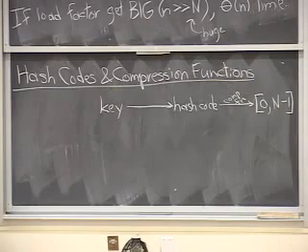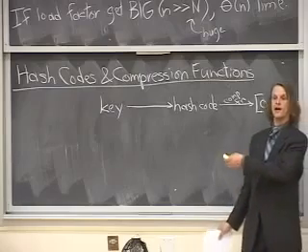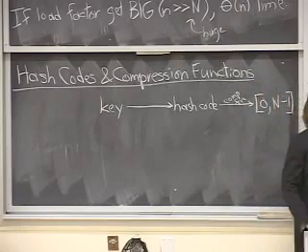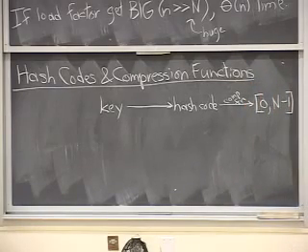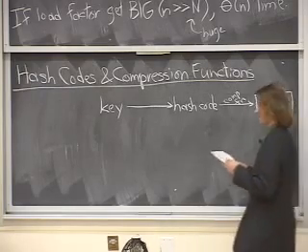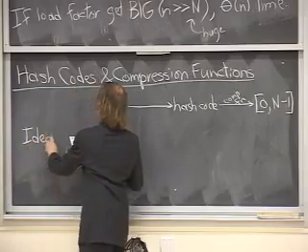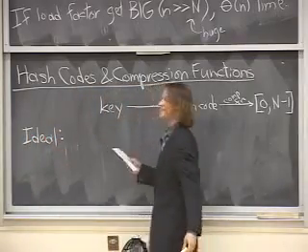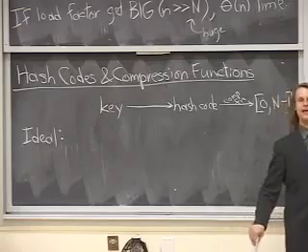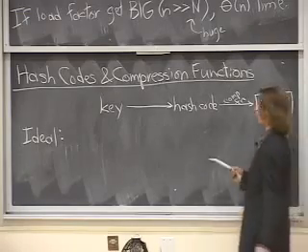Now, designing these things well, the hash codes and the compression function, is a black art. So what I will try to get across is examples of why certain things don't work. But to some degree, it's hard to really explain why the things that do work, do work. They work because nobody has found any flaws in them yet. So let's talk about what the ideal is first. Here's what we ideally like to accomplish. We would just like to have a magic function that maps every key to a random bucket,